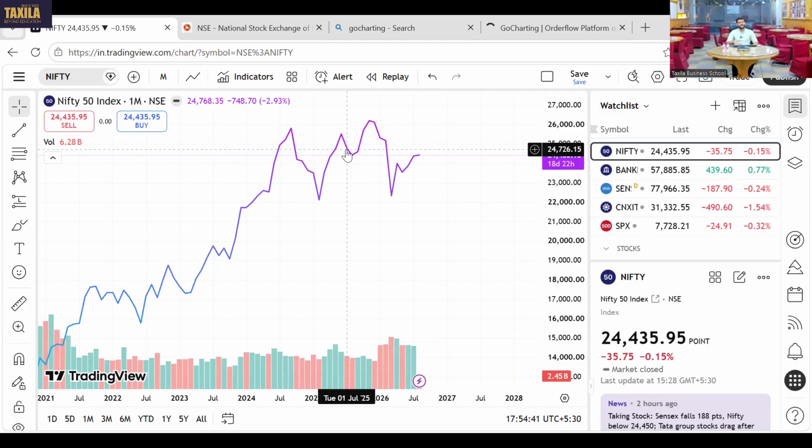Let me tell you, if I have to ask you, can you predict the month when we can expect a good rainfall in India? What are the months? So some will say, sir, July, some will say August. But you know, sometimes what happens is rainfall occurs in September, and sometimes rainfall occurs in June. So you can't predict the future exactly based on the past. Future will always be different, but you can get a pretty good idea what will happen next in the market based on the historical analysis of market.